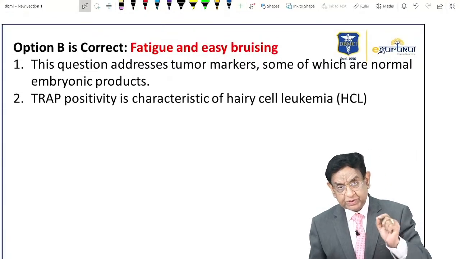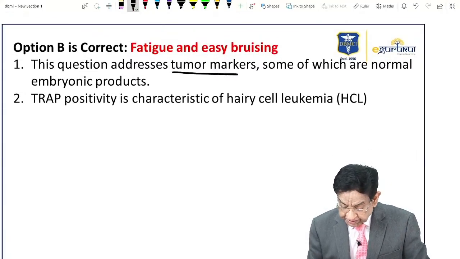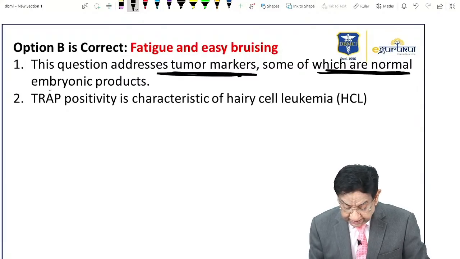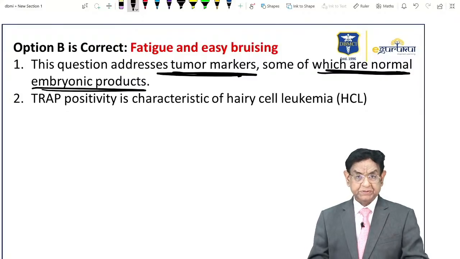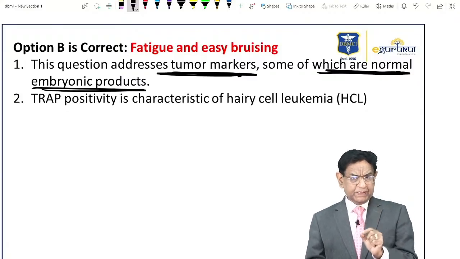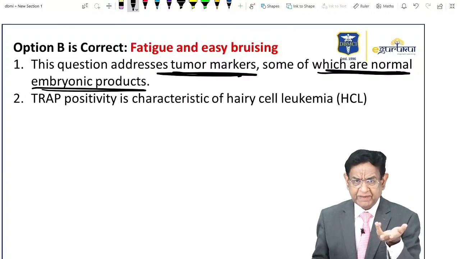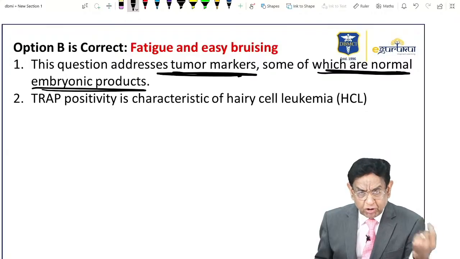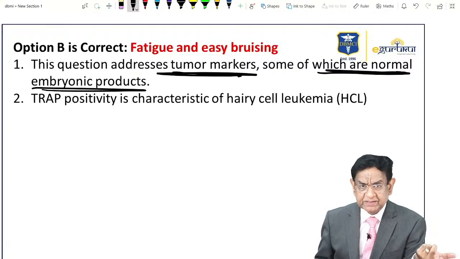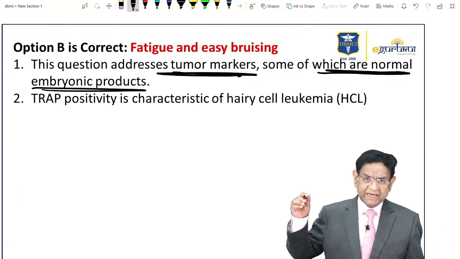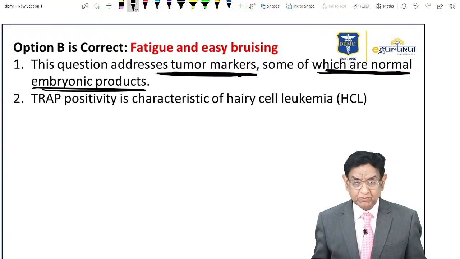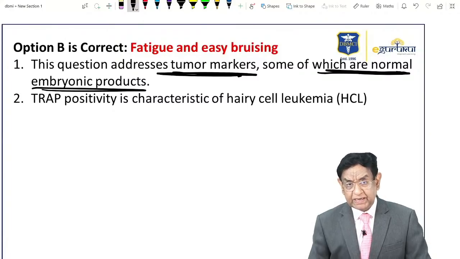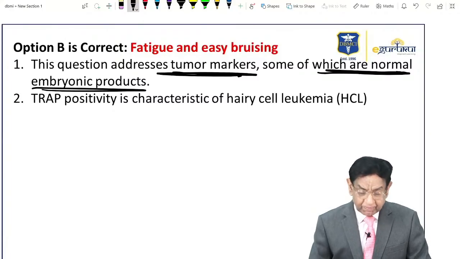So this question is discussing tumor markers, some of which are normal embryonic products. Point to be noted, we know very well that many cancers have a tumor marker. Some of them may be produced normally in the embryonic phase, but in the adult phase they become a marker. One tumor marker which is normal in an embryonic cell but abnormal in an adult is